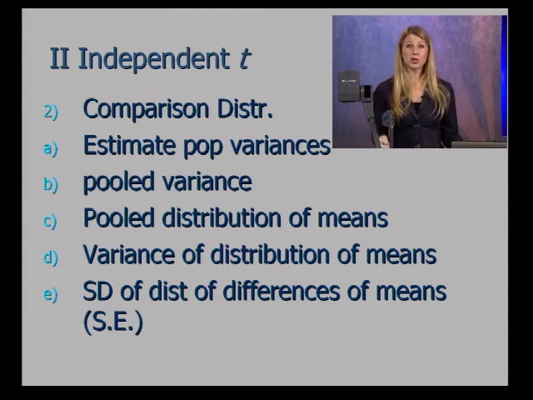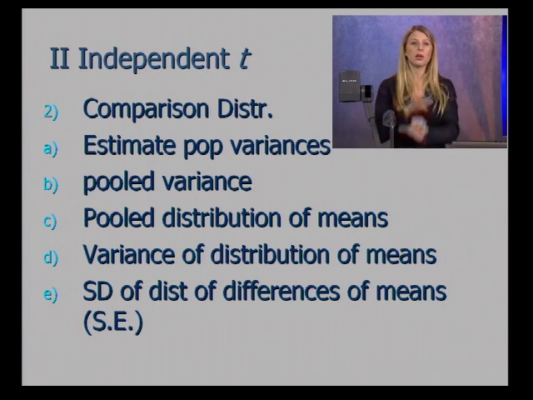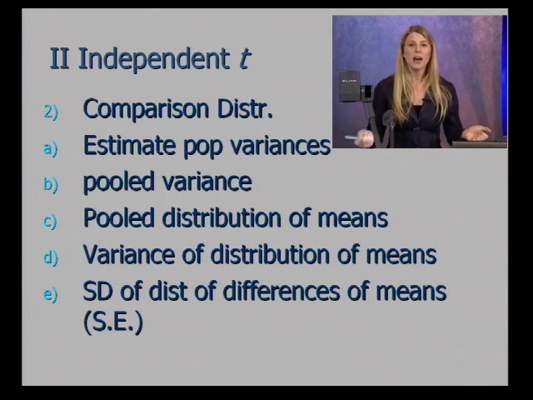So you remember, first you have to have the variance of each population. You don't have it here, so you estimate it first with your sample information. Remember, when you're estimating the variance, you've already learned how to do this, but you divide by n-1. Don't forget that. After you have the estimated population variance, so the sample variance for each of these groups, then you have to pool the variance. You have to put them together. Okay? After you pool the variance, so that's a combination of the variance estimate of the two populations, then you have to pool the